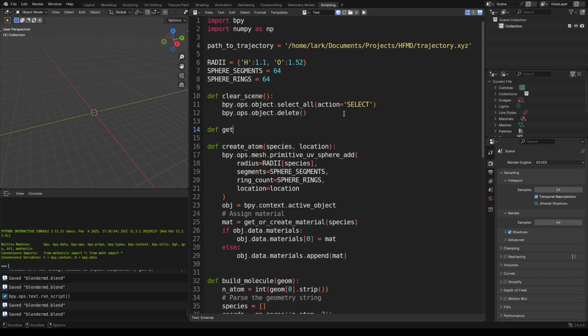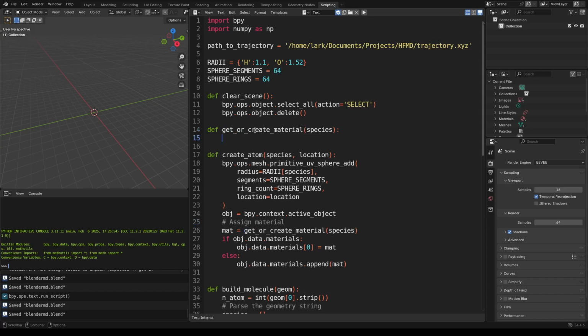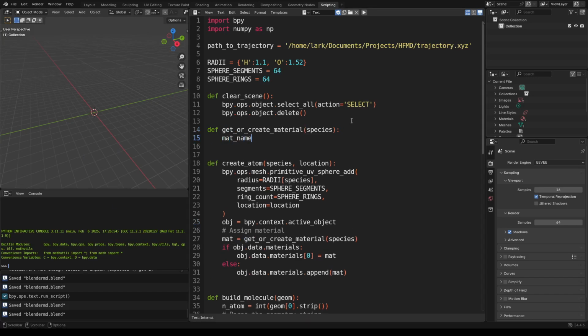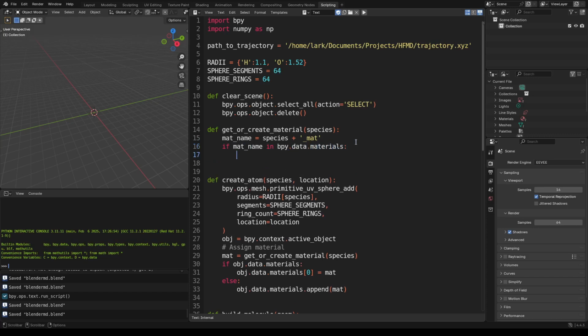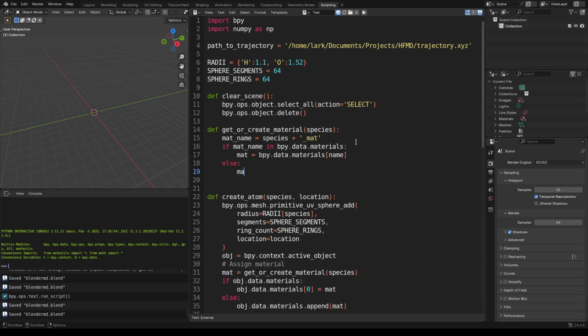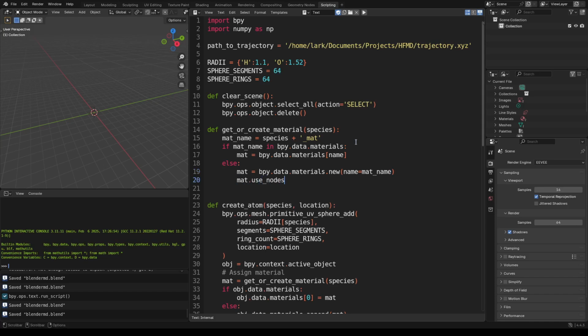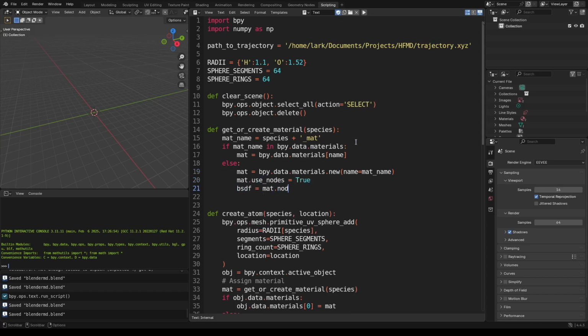Then now let's define the get or create material function, and it's basically just if or else. So if the material name exists in the project's data, then return that material. Otherwise create a new material with that given name and return that. When I create the material, I say that the material should use nodes, which is just some Blender specific way to define a material. And by default, this nodes material has a principled BSDF shader, which I can use to